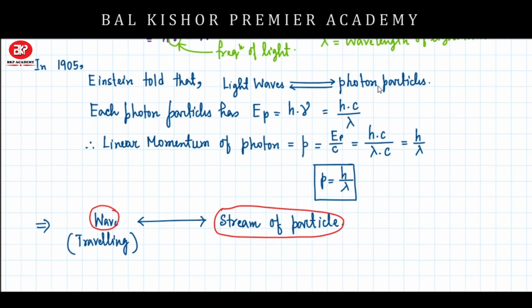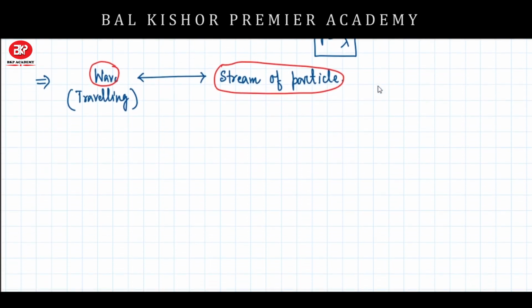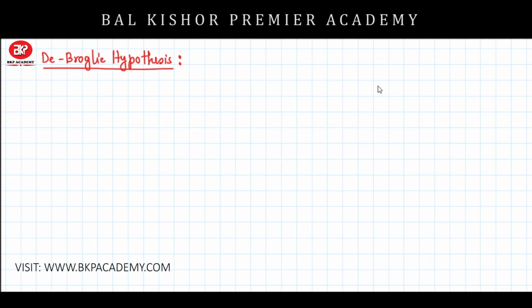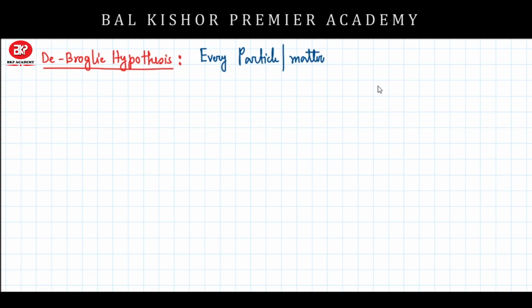Now let us take the second example. In the second example, we have to take another hypothesis, that is the de Broglie hypothesis. According to the de Broglie hypothesis, every particle or matter, because every particle will have some mass so it will be matter, can behave as a wave,